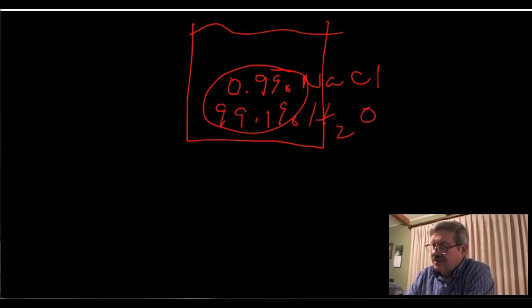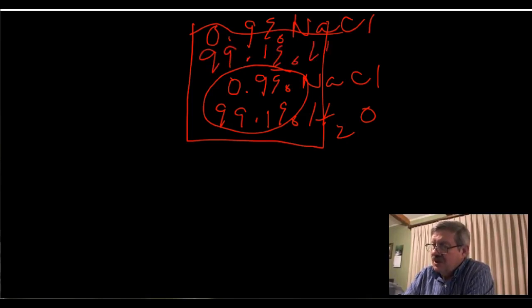Now in this cell, we're going to say that we've got 0.9% sodium chloride, 99.1% water. Okay, now our solution out here could have the same thing. We could have 0.9% table salt or sodium chloride,